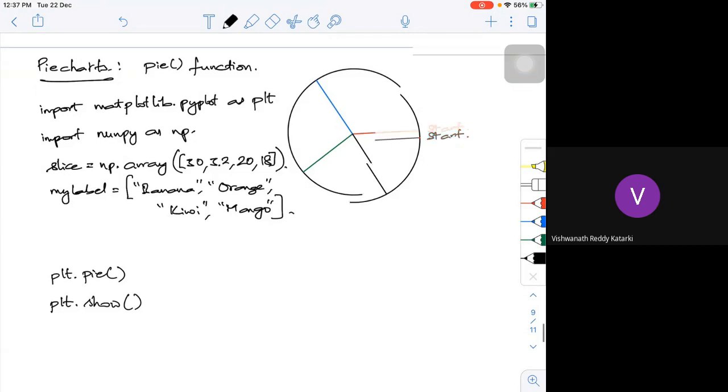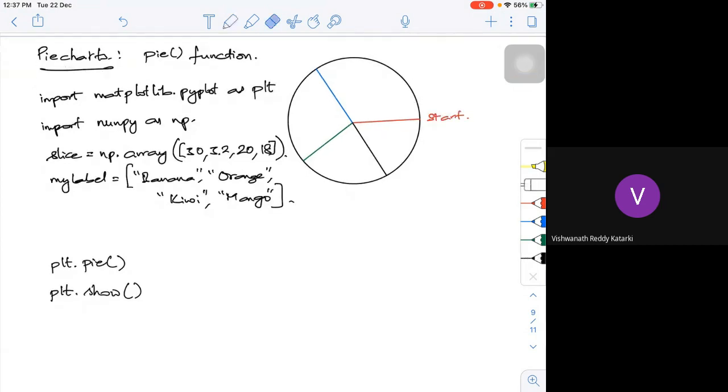Now, if you want this, go to the pie and define it. Earlier, in the previous step, it was only the slice. Now here I'm going to define labels as my label.